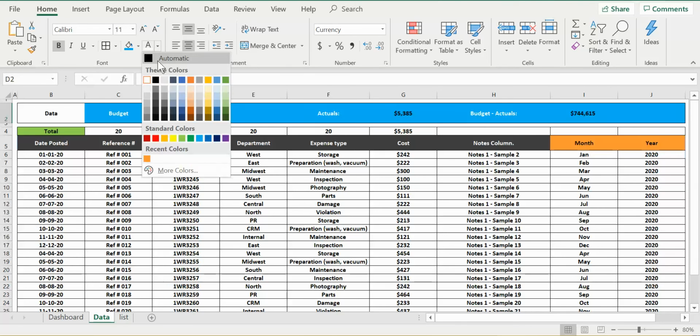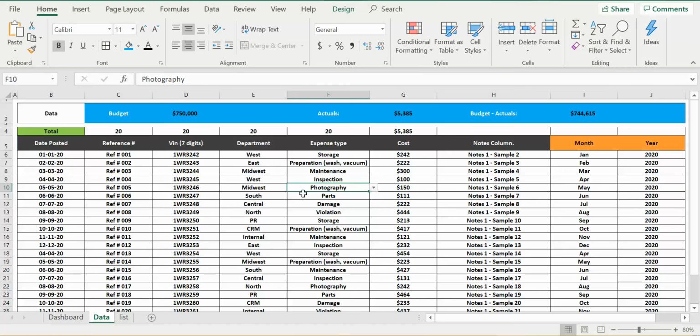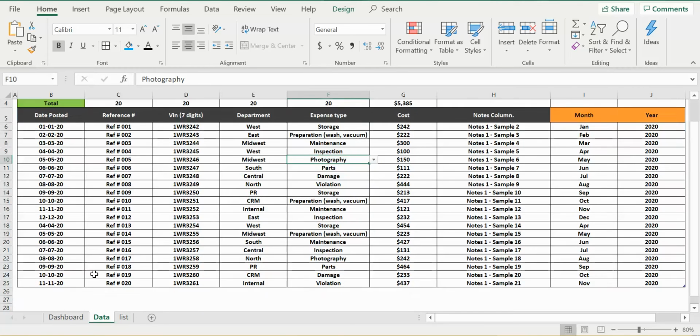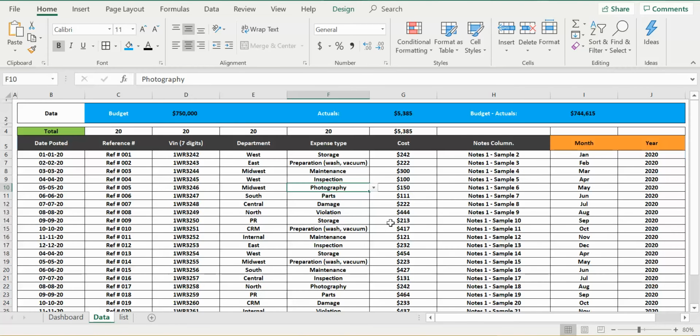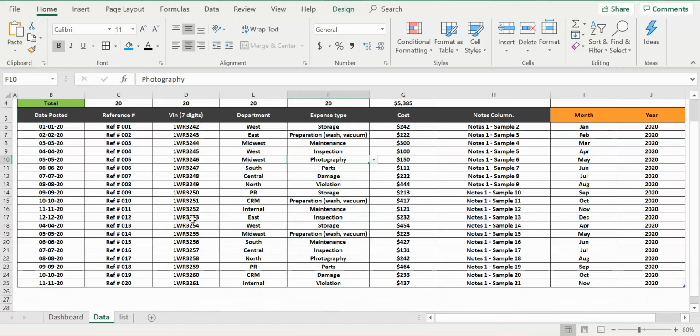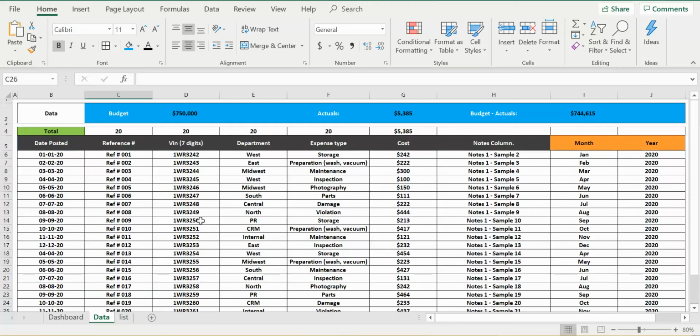Let me give you a brief of how this works in the dashboard. Any new data that you enter, or if you delete the data and enter it again, the dashboard will need to be refreshed. But make sure that this column is not deleted, because there are formulas here and this is where the dashboard gets updated. So be a little conscious about what you're doing when you delete the data.